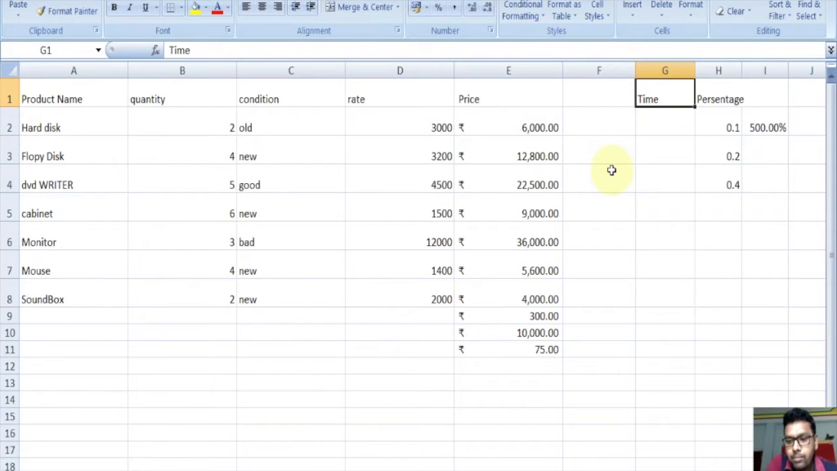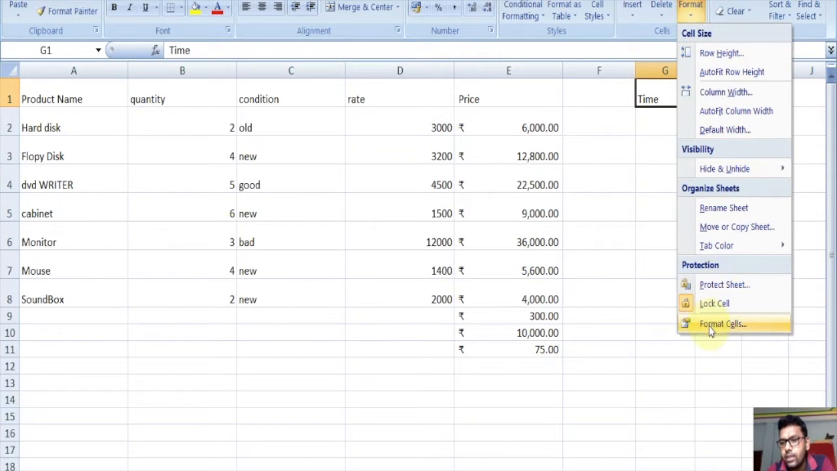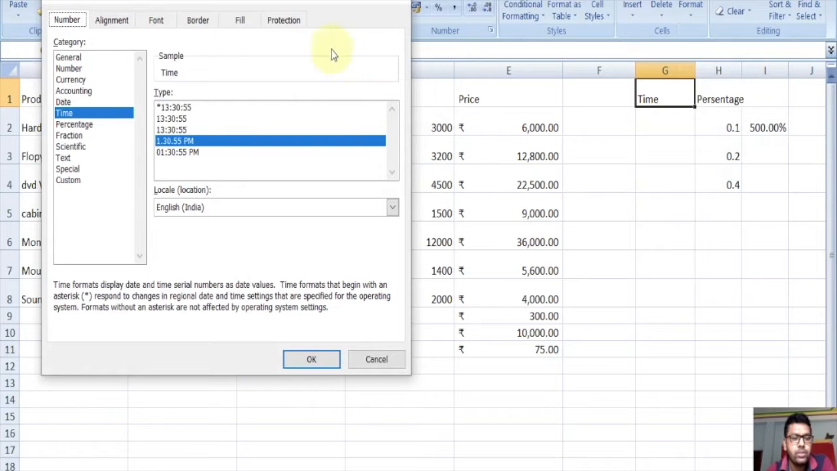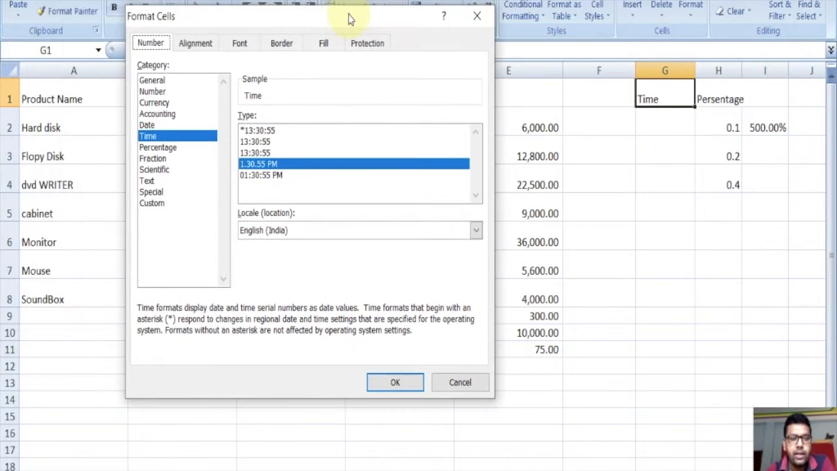Let's start cell formatting features of Excel. What is cell formatting? For cell formatting we have to click on the Home ribbon, then go to the Cells command group, click on the Format arrow, and we get Format Cells. Here is a window for formatting cells, and here we can format the cell as number